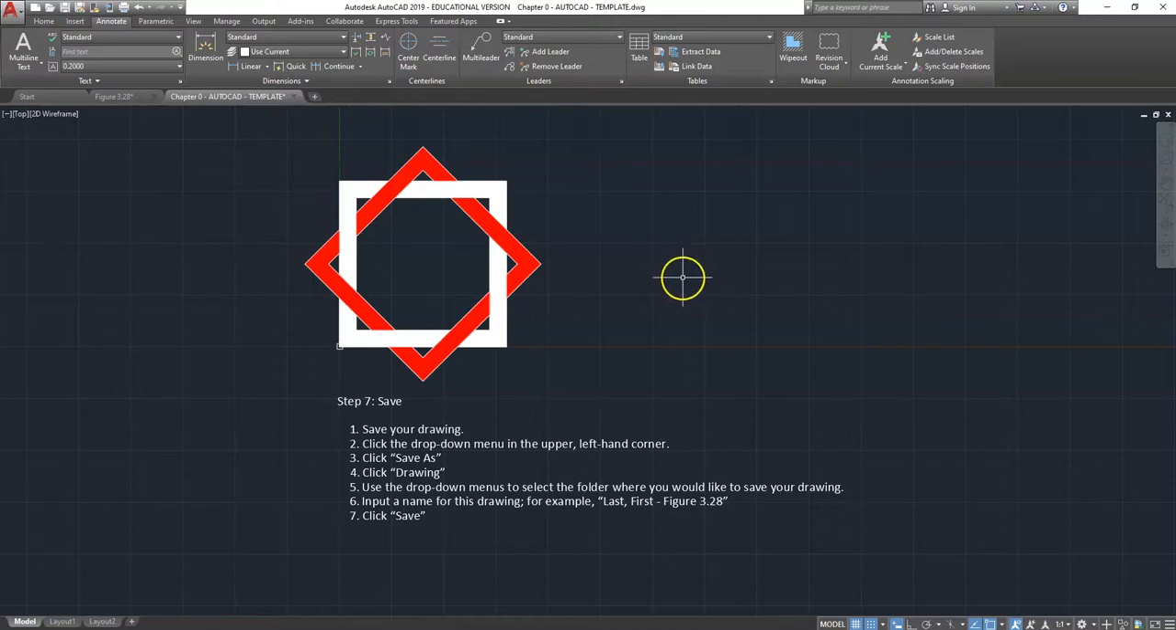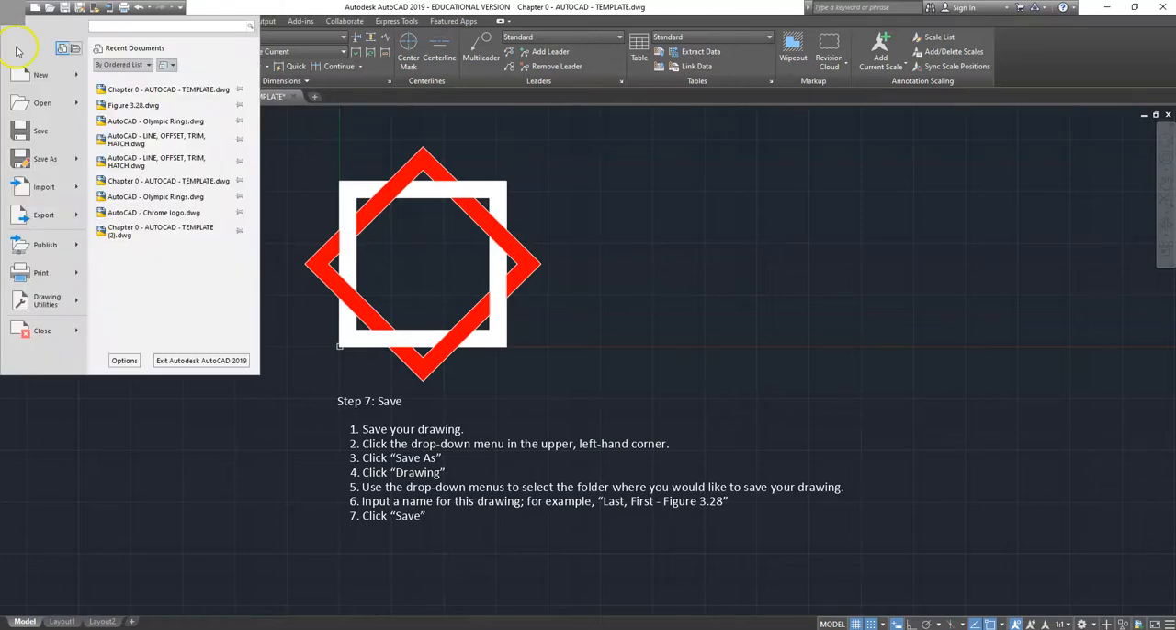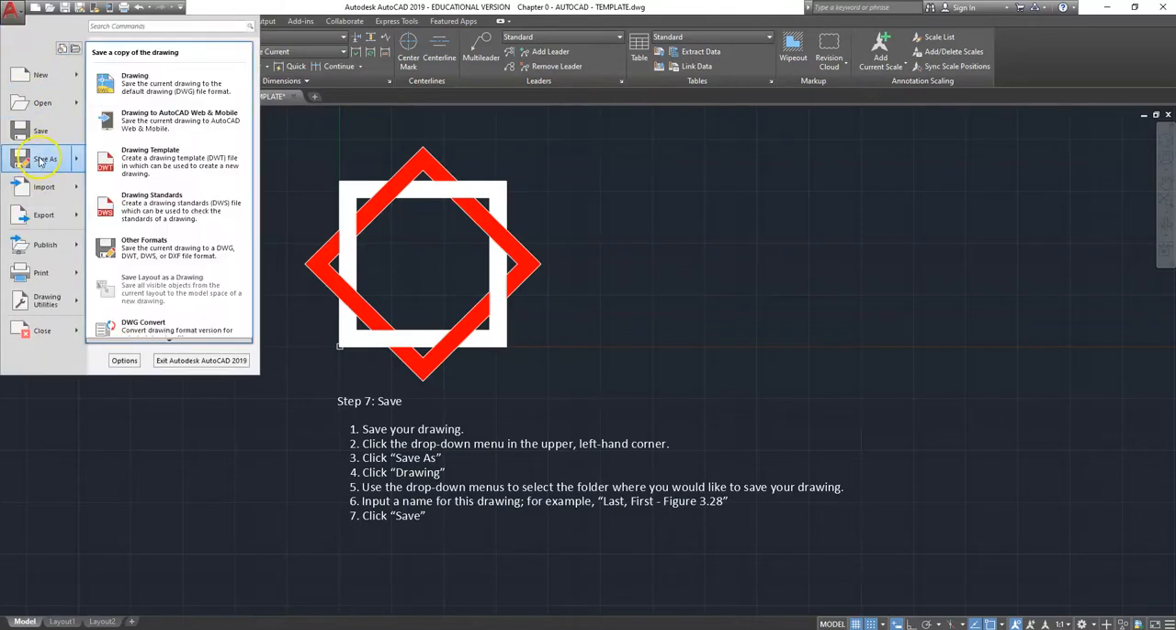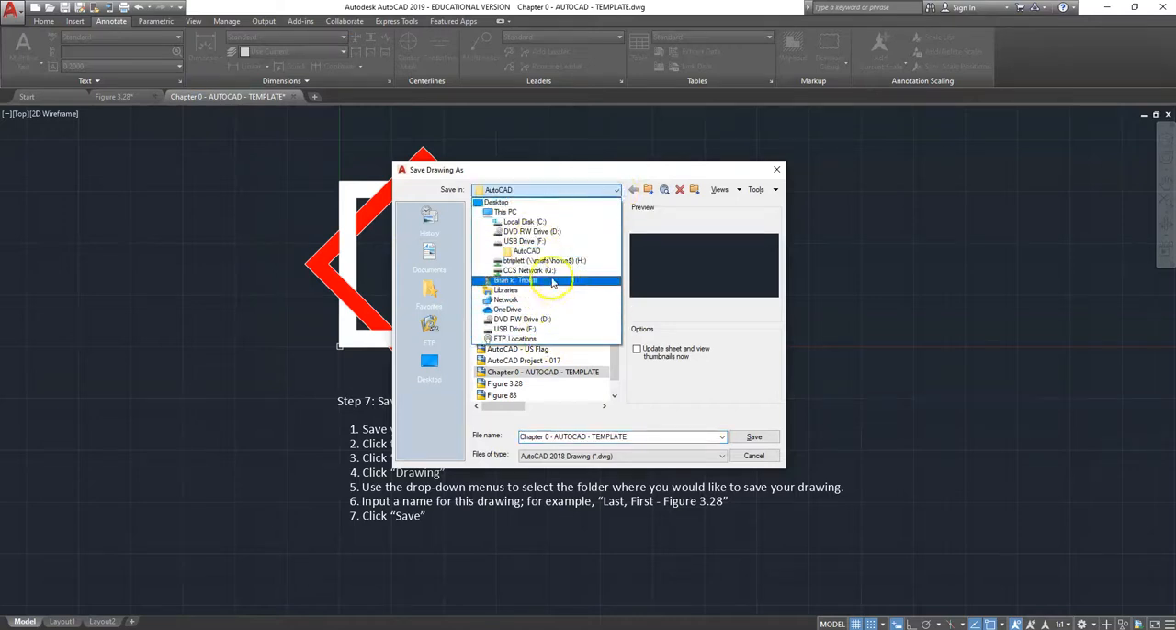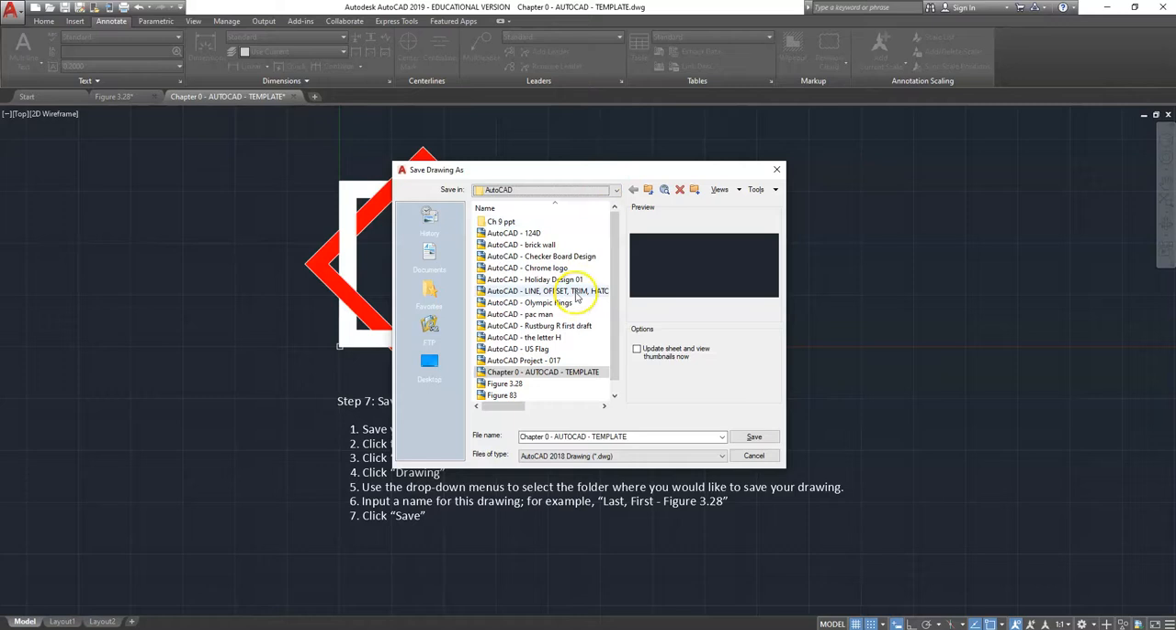So to save your drawing, we will click the drop down menu in the upper left hand corner of your screen, and then we will go to Save As, which is right here, and then move your cursor over to Drawing, which is up at the top here. And when you click that, you will use a drop down menu at that point to select the folder where you would like to save your drawing. So you would click on here, select a folder where you would like to save your drawing, put it someplace where you know you can find it later,